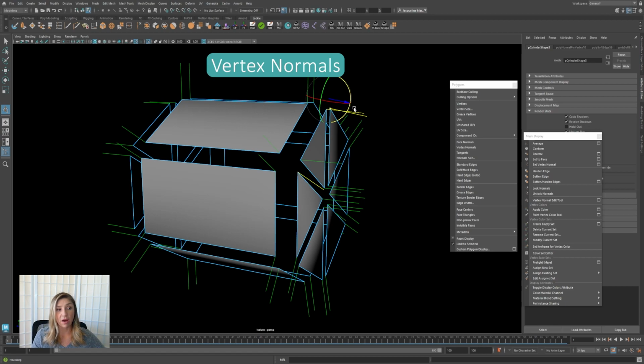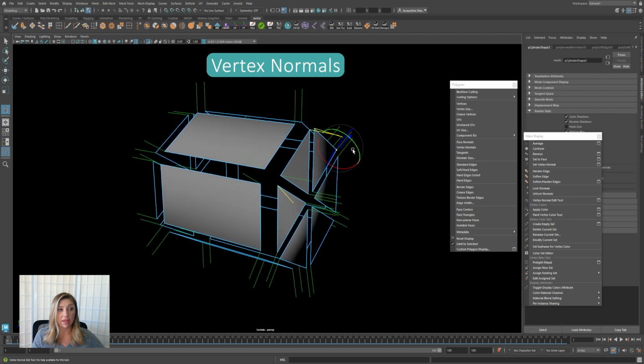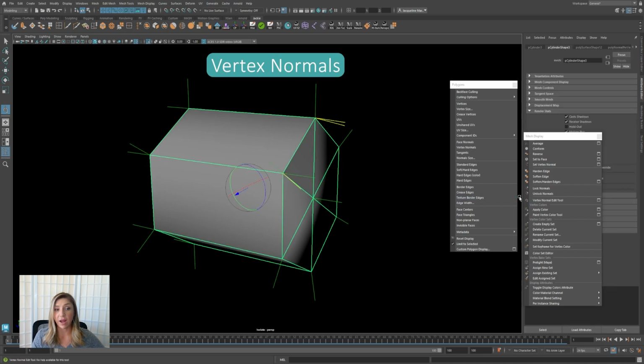Whenever we make our normal vert directions yellow, this is also showing us that this is now locked. So when we manually override something, we're now locking that direction. Let's look at what we did here. And by manually adjusting, we now changed how the light is sweeping across this object and giving us different gradient falloffs. Now, if we were to unlock these normals, so I have the object selected and I hit unlock,